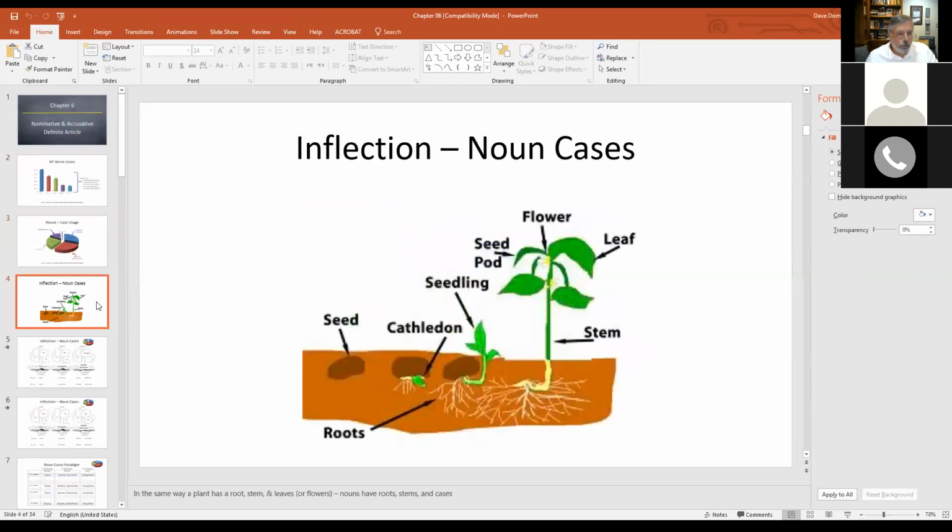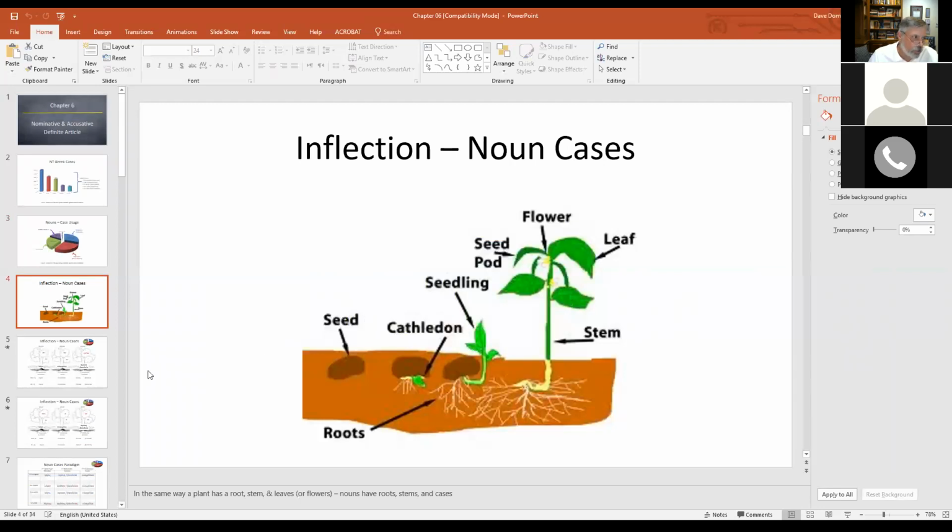Let me try to give you a little illustration here. In a plant, there's a root. We understand a plant has a root, and as the plant grows, it comes out of the ground and forms a stem. Well, the stem grows, and off the stem come leaves or flowers. Really, our inflection for noun cases works just like the plant. It has a root, it has a stem, and it has different